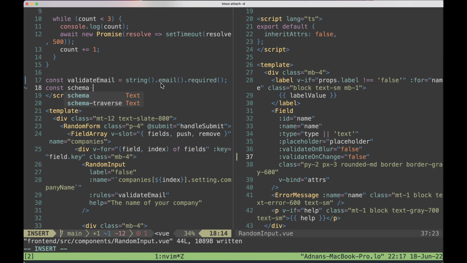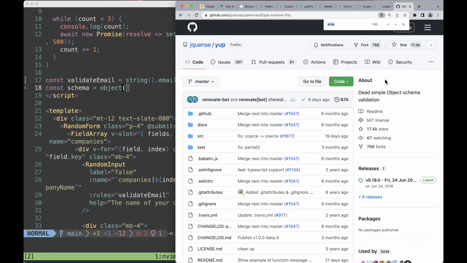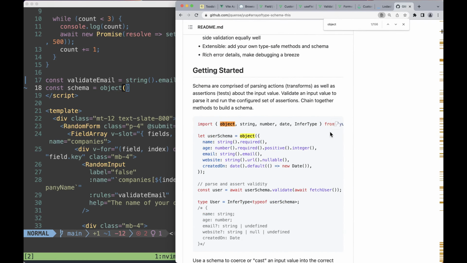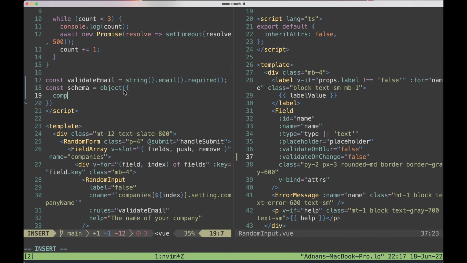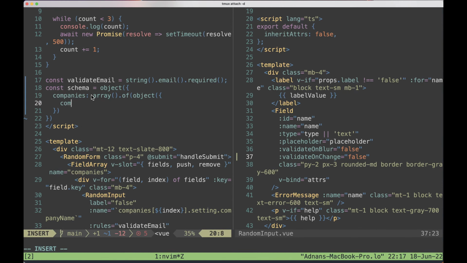I can say something like, hey, I'm going to define an entire schema. And my schema is an object, which will be what the form returns as values. And let's see how object is defined here in Yup. So I can define an object. And my object has a field called companies, which is this over here. And companies is an array of another object. And this object contains a company name